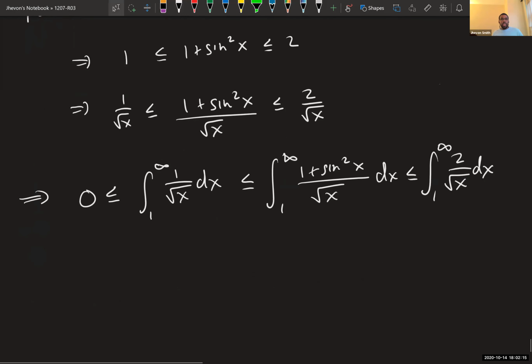Okay, give me a conclusion and tell me how you made it. Well, the first one, the integral from 1 to infinity of 1 over square root of x, we know that diverges because the power of x is a half, which is less than 1. And since the original integral is larger than one that diverges, it's also going to diverge. So why didn't you decide to use the 2 over radical x? Because I'm assuming that one also diverges, but being less than a diverging integral doesn't let us draw any conclusion.